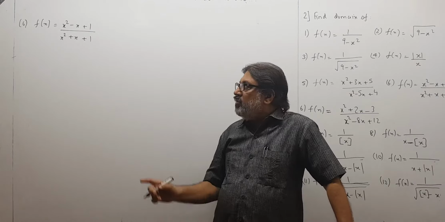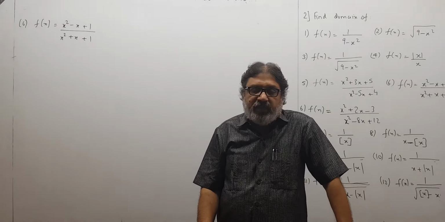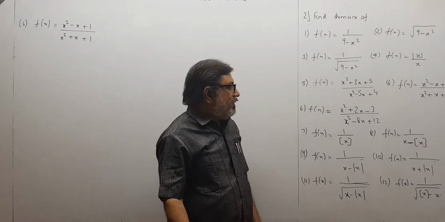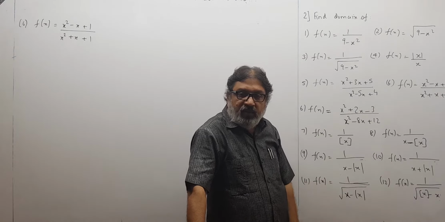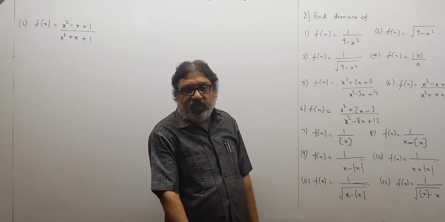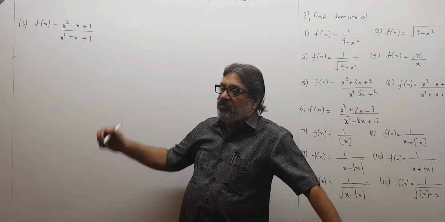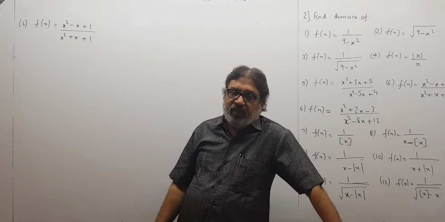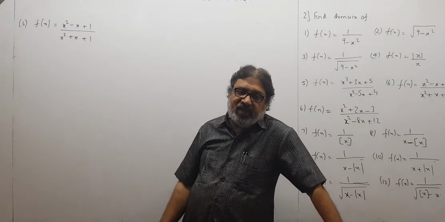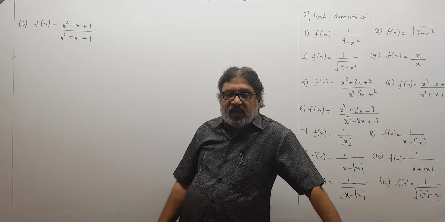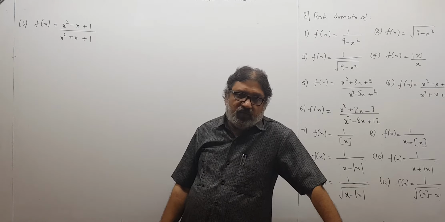Now children, you can make out this expression. I cannot make out factors, because in the previous sum we could make out factors very easily, x minus 4 and x minus 1, so we thought x is not 4, x is not 1. But here, x square plus x plus 1, I am not able to factorize. So whenever you are not able to factorize a quadratic expression, draw its graph and see where f(x) will be 0.